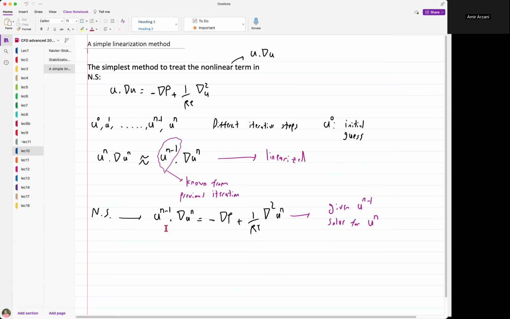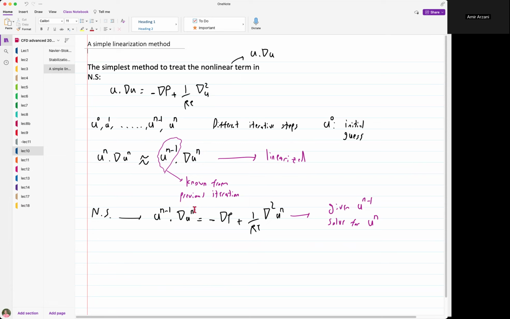for dealing with a nonlinear term. It's very easy to implement, but the issue is that it's only first order, and you might need more iterations. The Newton method that we shall talk about later can often converge within a few iterations. So Picard might be faster per iteration, even though Newton has more calculations within it. Another thing you might ask is why don't we also make this one n-1? So you can also make both of them belong to the previous